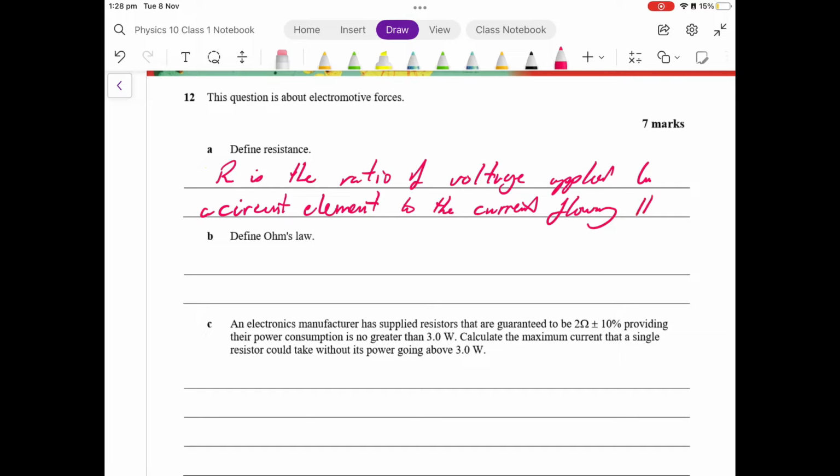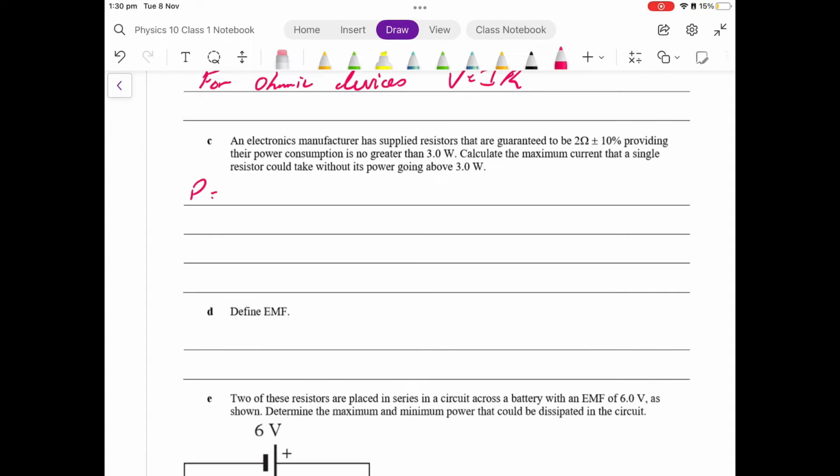Right, potentially for non-ohmic things, R can be a function of V or I, or both. Ohm's law is for ohmic devices like resistors. That ratio is fixed. V equals IR, and R is a constant for the device. So for this question we have